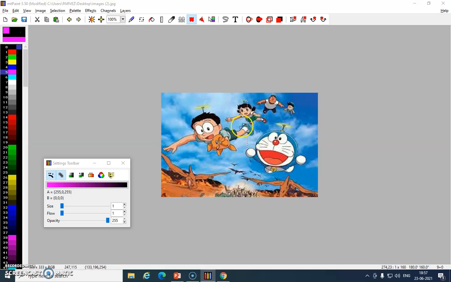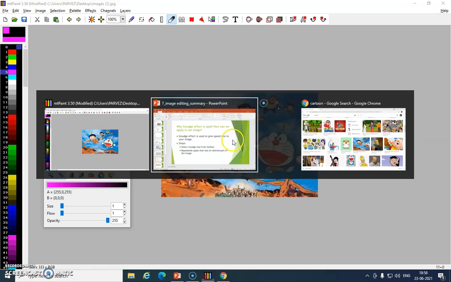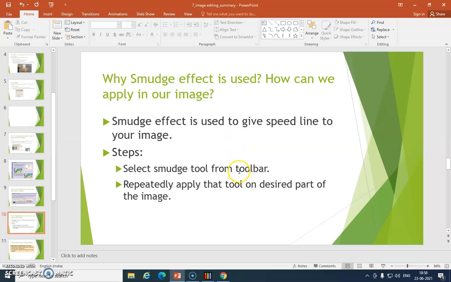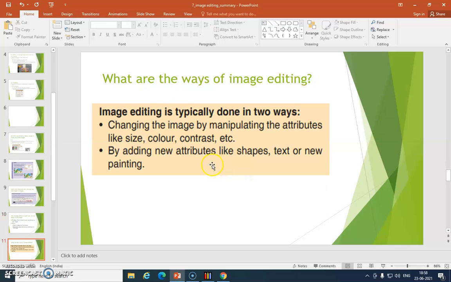Now if I want to add some speed lines, then I have to select this smudge tool and repeatedly use it on the image. Okay, this image resolution is not so good, so you cannot see the speed lines. But if you use it repeatedly on your image, you can see your image will get blurred, and it will give some speedy effect to your image. So all these are the things that you can do with your image.